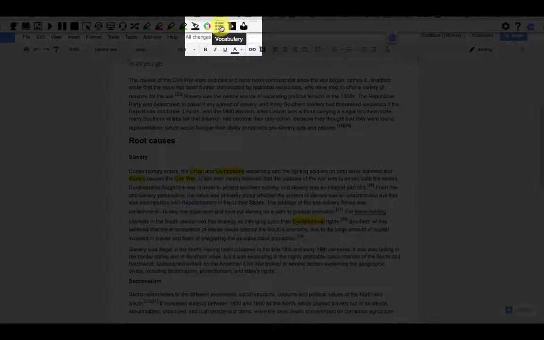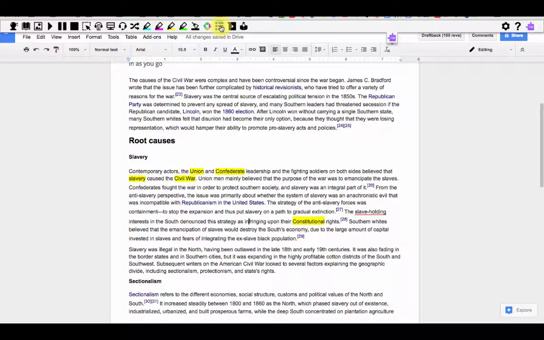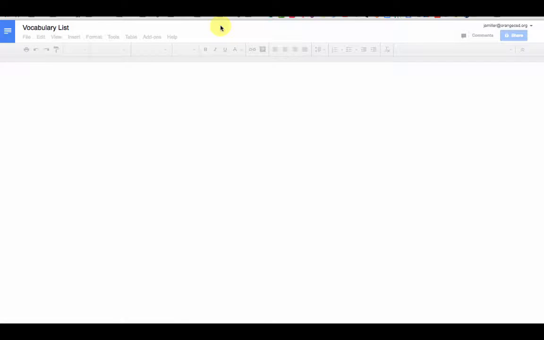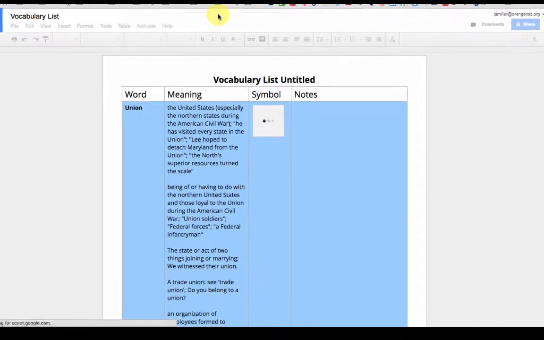button here that looks like a list of vocabulary terms, and it does something very similar to what it did when I gathered the highlights. It takes all of these things and moves them to another new document. Now what it does here, you'll see as the document opens, is it creates a vocabulary table for me, and that vocabulary table has 4 columns: the term, the definition, a symbol or picture, and a spot for you to